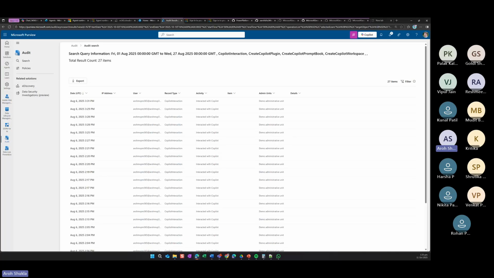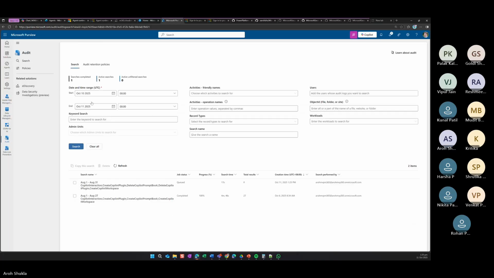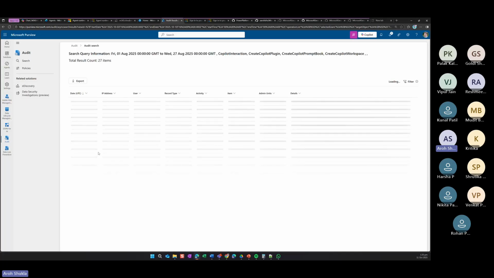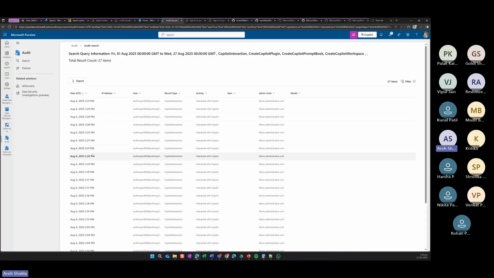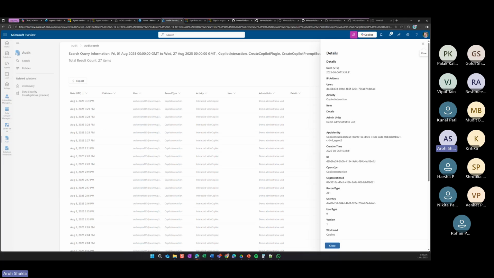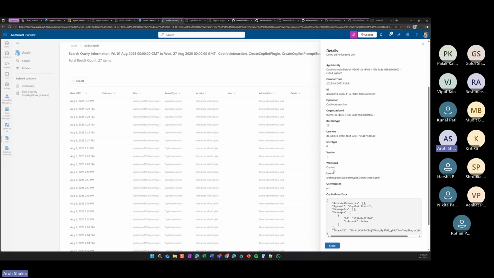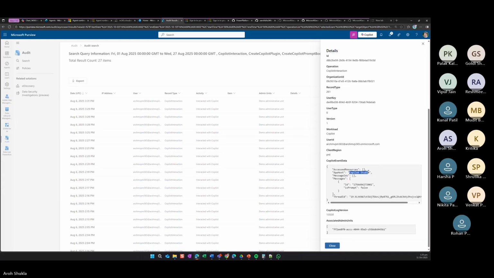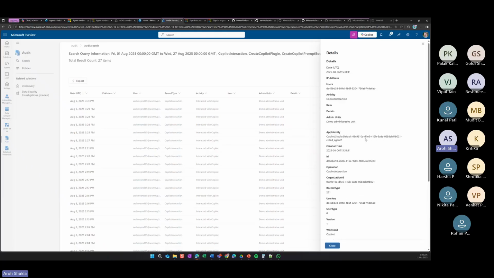So if I go here and click on my audit search, this is my audit search. I can find some information about interactions with Copilot. Which part can I check? Okay, Copilot interaction, which part, which record, which program. So Copilot Studio, and maybe one Outlook also. So I may find some hacker used Copilot Studio, but now because I have Purview, it will safeguard me. I can get the IP also here. It's not showing up, but it shows the IP as well. All the details are shown to you.